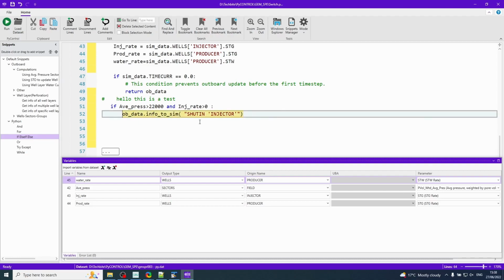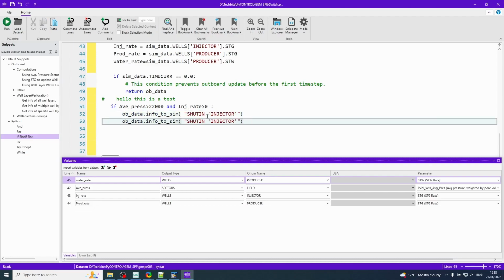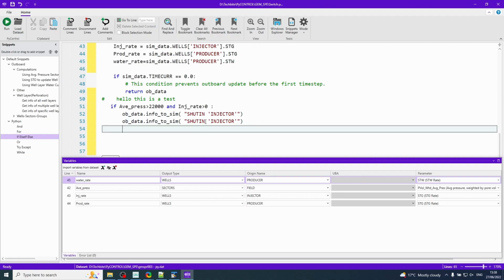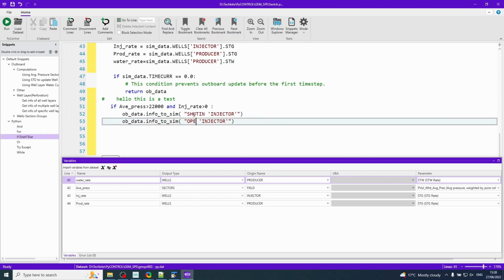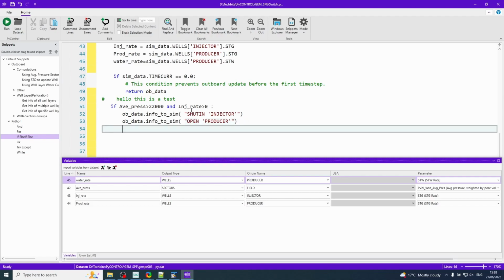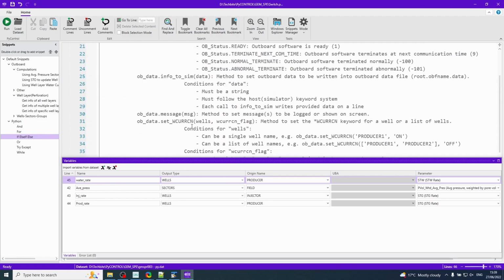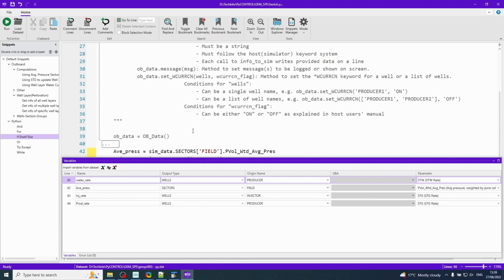Apart from this keyword, I want to return another keyword, and that's going to be open. And the well name is going to be producer. And so these keywords go back to the simulator. I want to return a message to the user saying what's going on. So I can copy this syntax in the